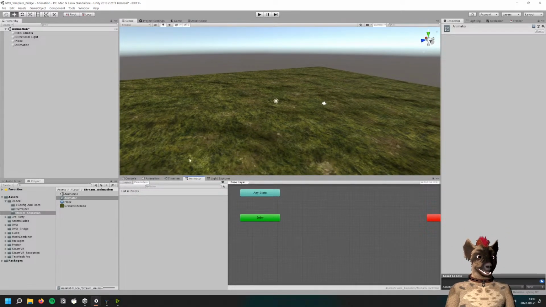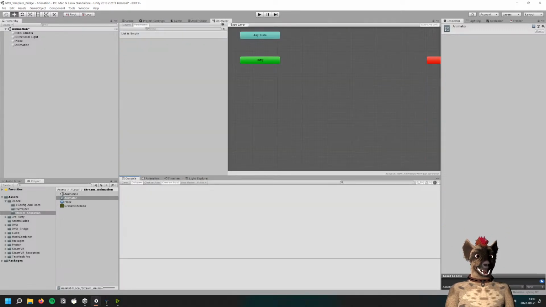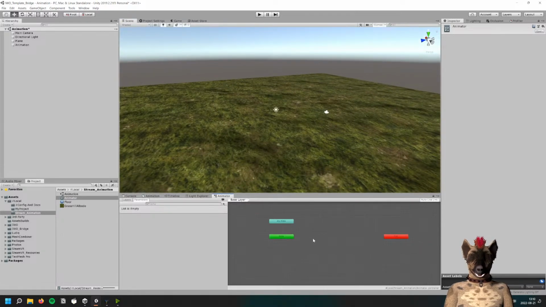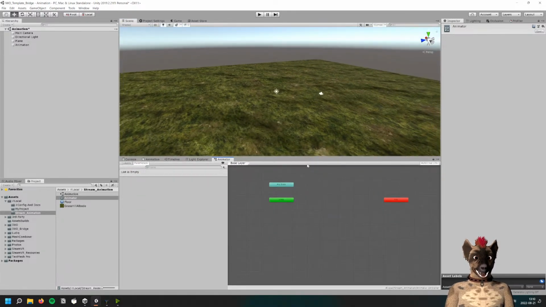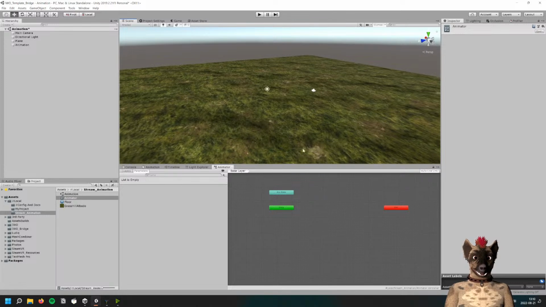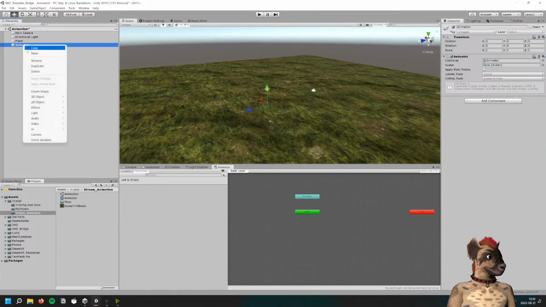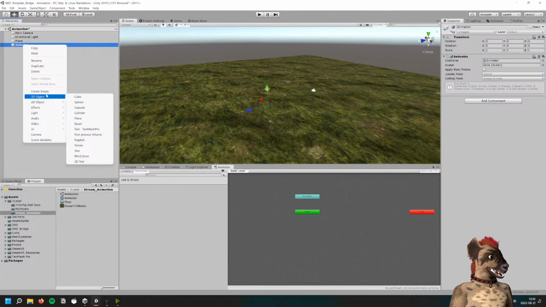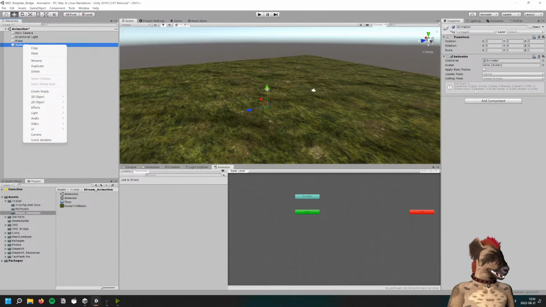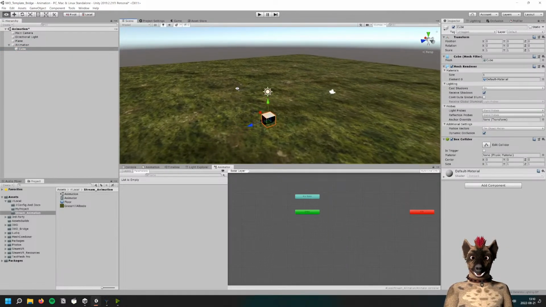I will have a window. If it's up like this, I suggest you take the tab and grab it like this, so it's down here. So you have a view of the animation and your scene. I can animate bones, I can animate objects, lights, I can animate pretty much everything I can edit in the inspector. So for example, a classical cube like this,